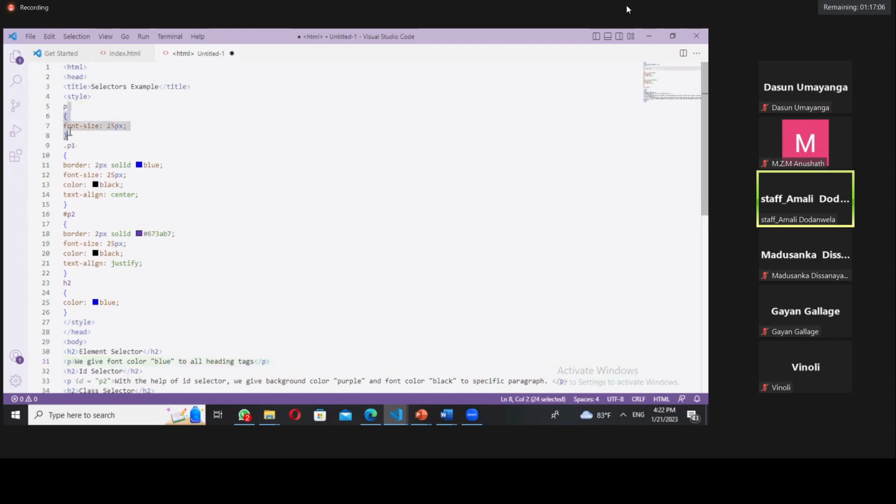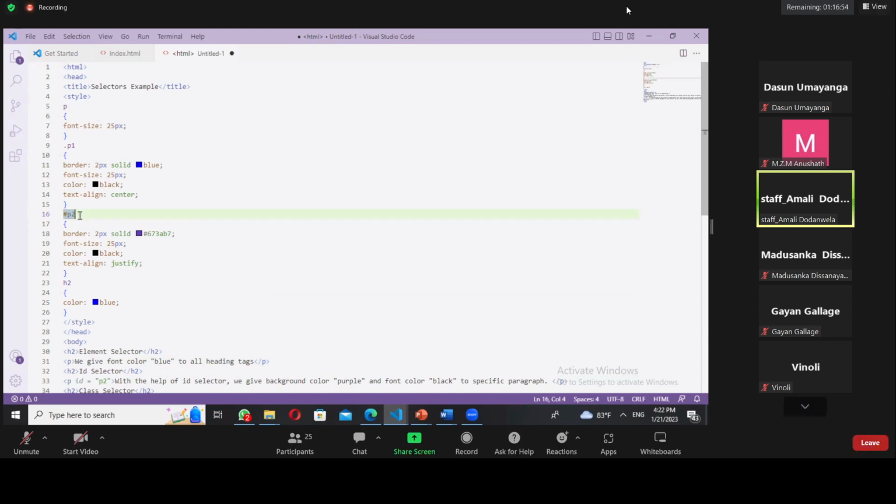See, now this is P. No ID, no class, it's just the P. So you are giving style. And this is the way you are using ID. When you are applying styles using the ID name, you have to say hash P2, right? So in here, P2 is the name. So with the hash, we have to give our ID name. And after that,